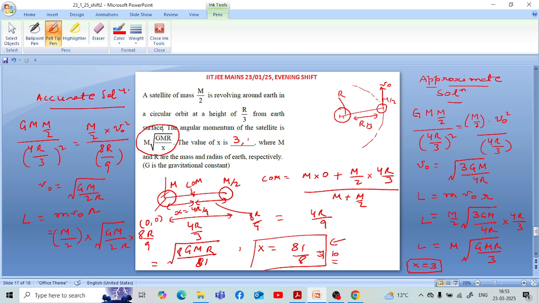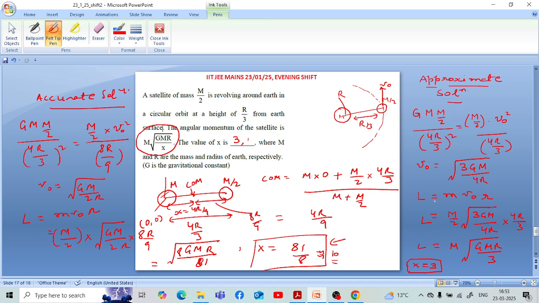यहाँ पे कैपिटल G आप जानते ही हैं, इट इज़ द यूनिवर्सल ग्रेविटेशन कांस्टेंट। फिर उसके बाद हम फर्स्ट मास लेंगे, मास ऑफ द अर्थ जो कि है कैपिटल M। फिर उसके बाद हम सेकंड मास लेंगे m/2 जो सैटेलाइट का मास है, अपॉन द डिस्टेंस बिटवीन देम और उसका स्क्वायर। सो (4r/3) होल स्क्वायर, इसको हमें बराबर रख देना है सेंट्रीपिटल फोर्स के, जो बराबर होता है mv²/r। यहाँ पे m हम लेंगे सैटेलाइट का, तो सैटेलाइट का मास m/2 और v₀² उसकी ऑर्बिटल वेलोसिटी, अपॉन जो डिस्टेंस है सैटेलाइट के सेंटर और अर्थ के सेंटर के बीच में। इसे सॉल्व करके ऑर्बिटल वेलोसिटी निकालेंगे जो निकल के आती है √(3GM/4r)।